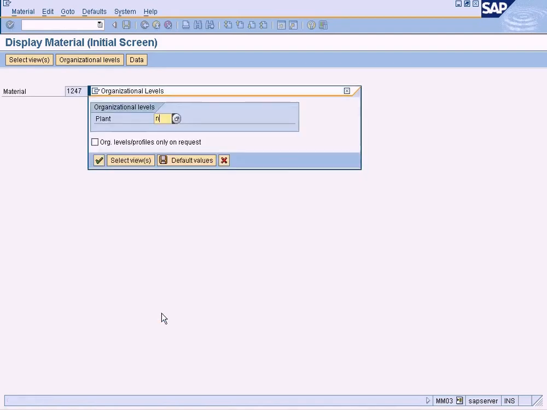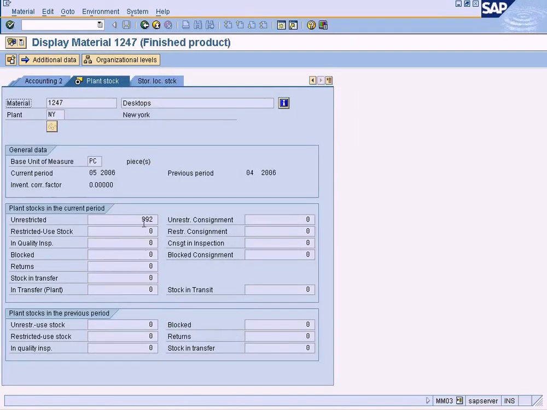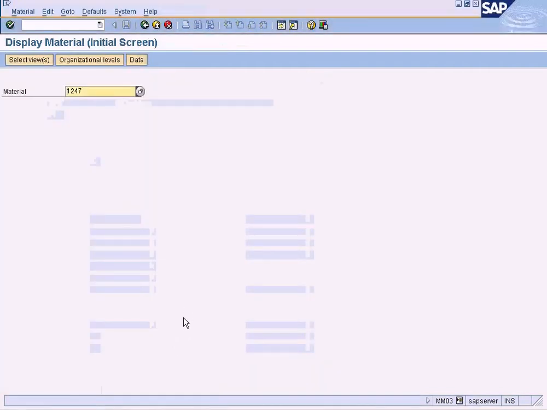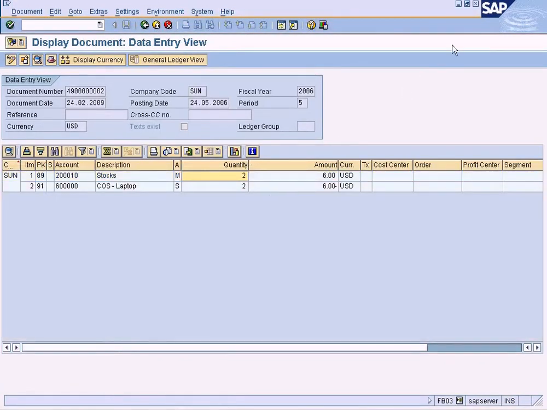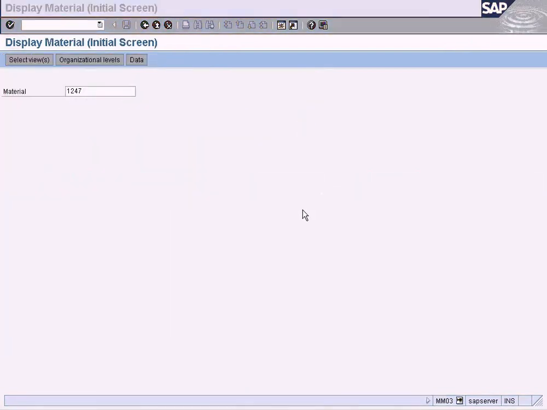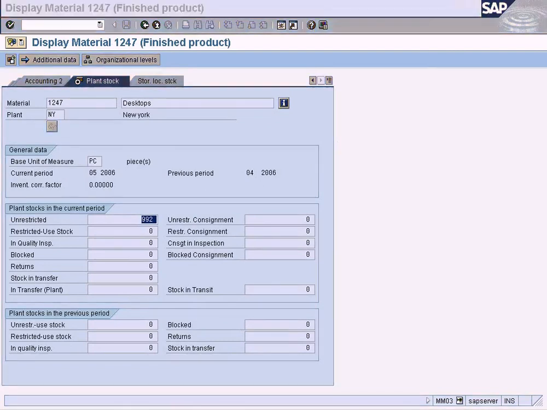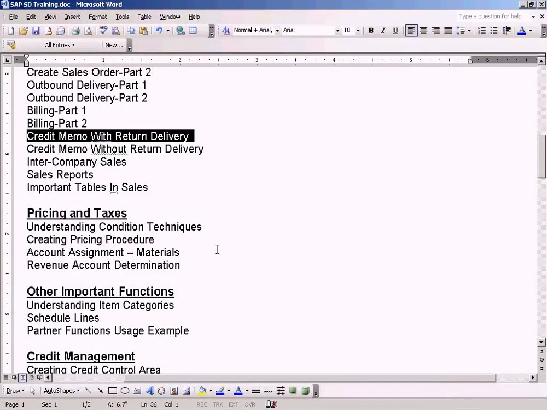This is still not refreshed. Let me refresh it. Go to plant NY. We can see 992 now. It has been moved from here to here. That's why we can see an accounting document created. So this is how we need to complete the sales returns